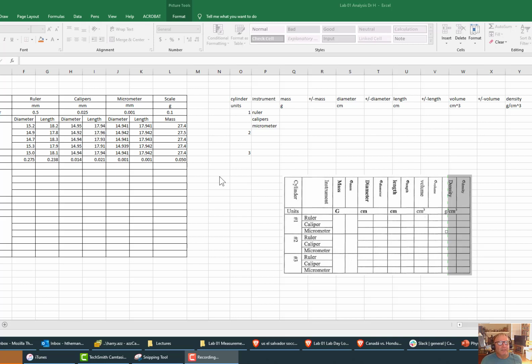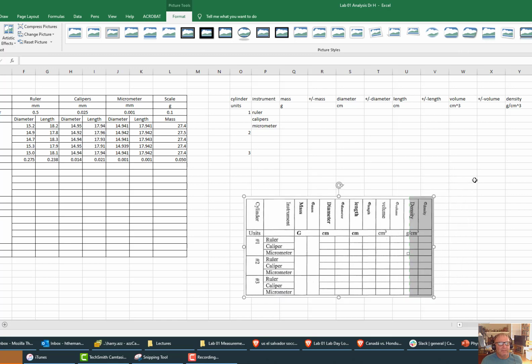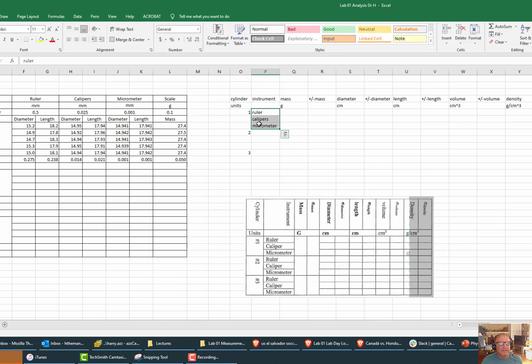Alright, now we move on to table 2. I copy pasted it out of the lab manual so I didn't have to keep going back and forth referring to the lab manual. It's much easier to have it right in front of me. Right, so let's see. So we can